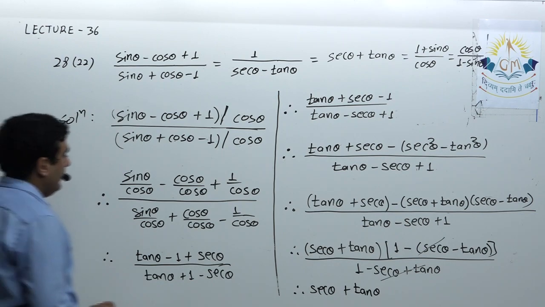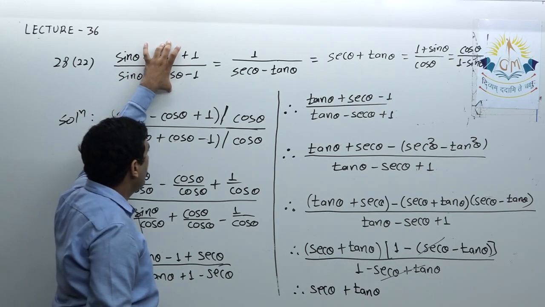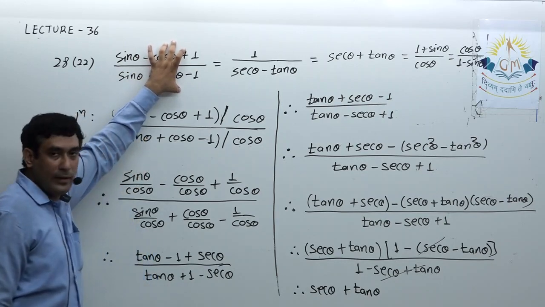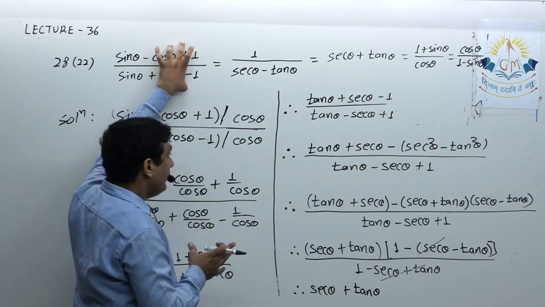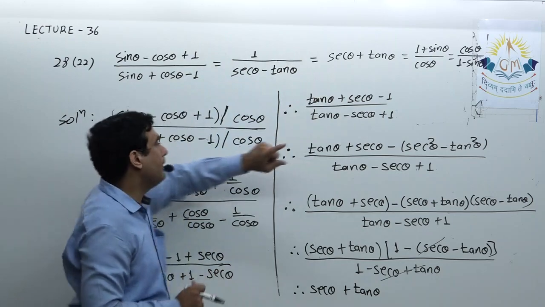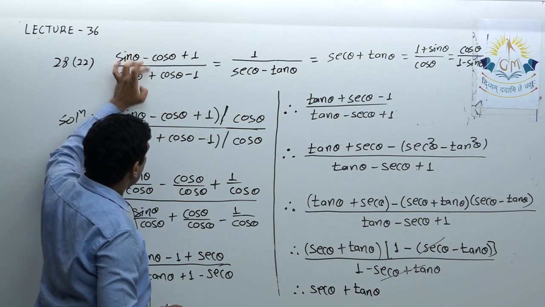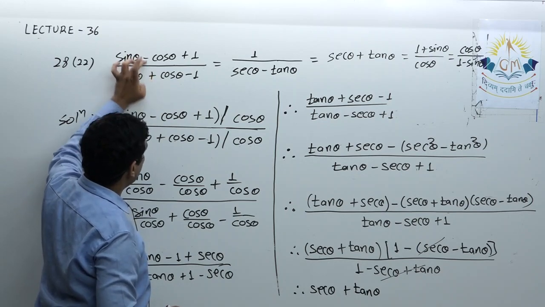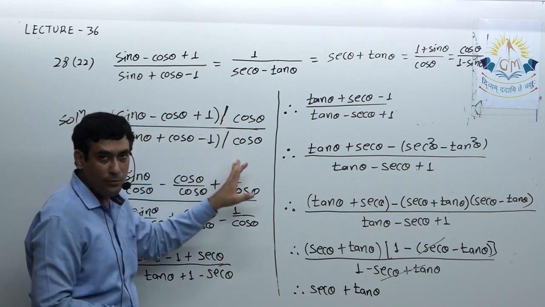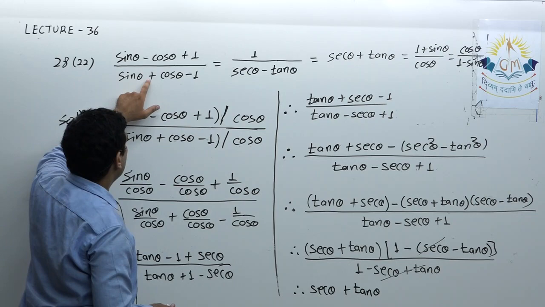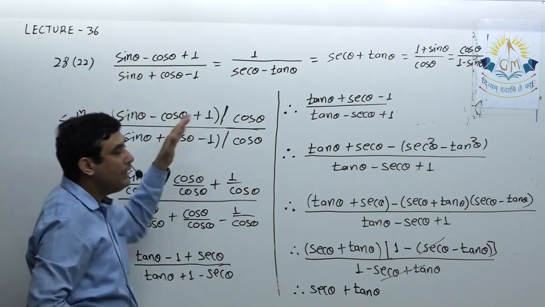Let me explain once again. This was the given expression, and here we have to convert it into sec tan form or cosec form. Even if you are not understanding in which form we should convert, simply start by dividing with cos theta. Why cos theta? Because here sine and cos theta in the numerator and the denominator are different. Without thinking anything, simply start by dividing by cos theta. Suppose if I make sin theta negative and cos theta positive, then in that case we'll divide by sin theta.